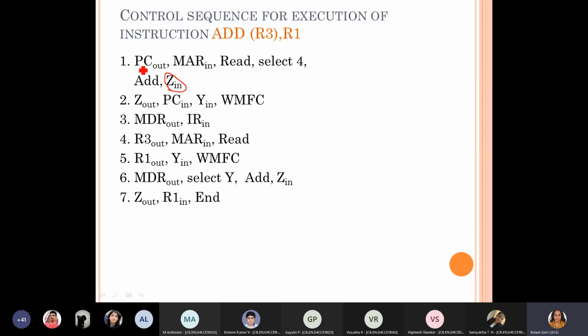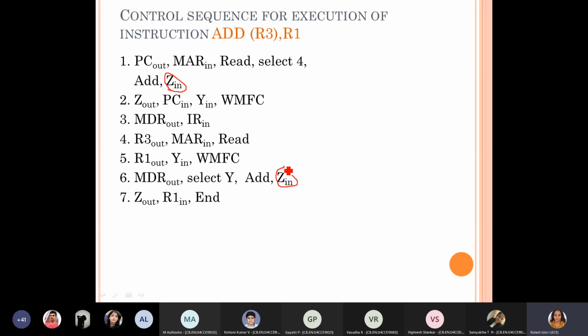We know that the first 3 clock pulse control signals are the same, because it's just the instruction fetch, and the control signals required are the same for all instruction fetches. Other than that, you can see that at T6 clock pulse of add, ZN is required.